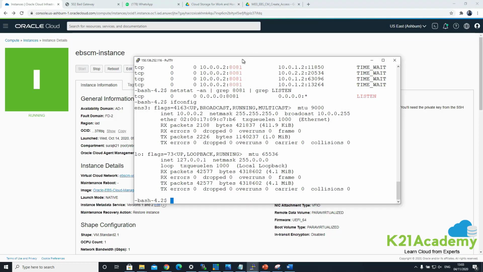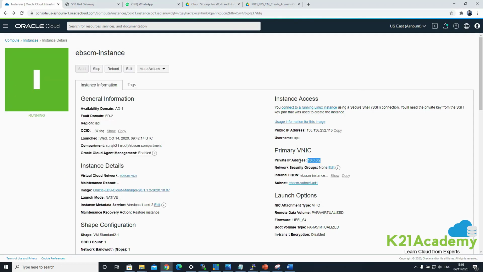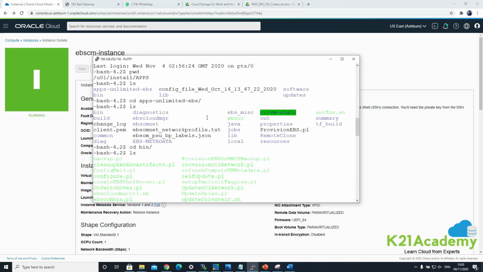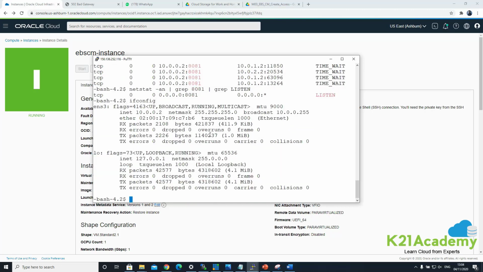So if you notice here, I've connected to this server which is IP 10.0.0.2, and in that I started the service earlier. The server was down, the services were down, so I started the service. In my particular case, it was EBS Cloud Manager, but it can be any service. It could be a web server, it could be a WebLogic server, it could be any service, as long as for whatever port number this load balancer is forwarding requests to, that service or that listener should be up. So I started the service.